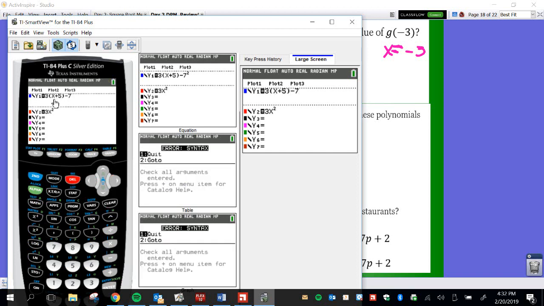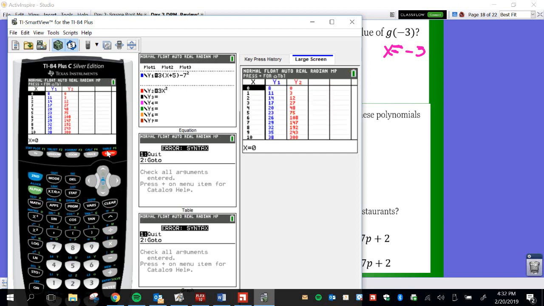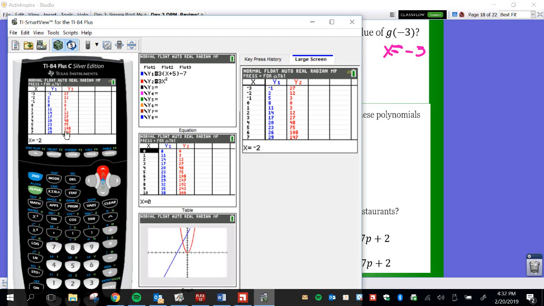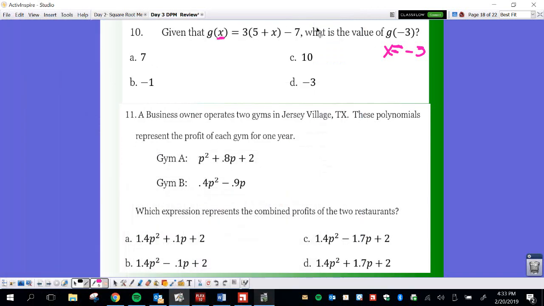Okay. So now I have my function entered into y1, so I'm going to go to the table. And since they've given me the value of x as negative 3, I want to know what y is whenever x is negative 3. I'm going to have to go up. And I see whenever x is negative 3, y is equal to 27. I don't know why that answer option is not on here, but we're just going to write it in as y equals